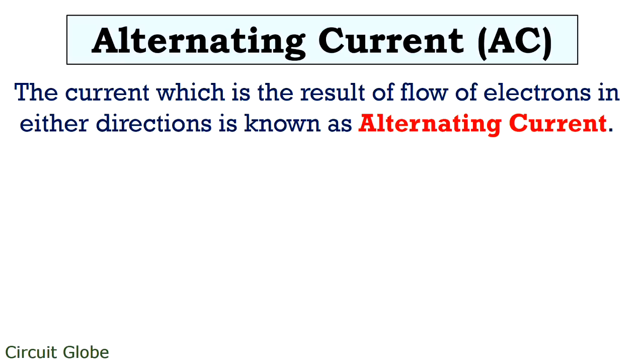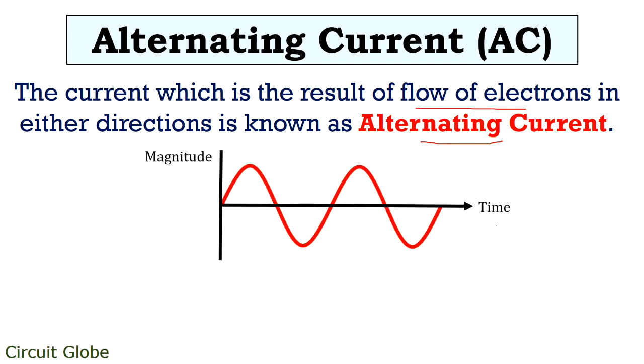So basically alternating current is the current which is generated when the electrons flow in both the directions, that is forward as well as backward. Or in other words, we can say when the direction in which current flows varies periodically, then the generated current is known as alternating current. Friends, the figure here shows the waveform representation of AC signal. Here this sinusoidal waveform is varying continuously with time, and so the magnitude is not constant.